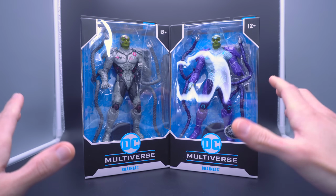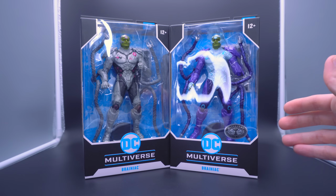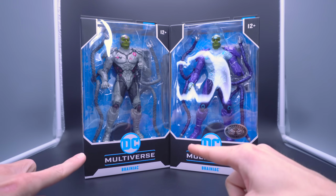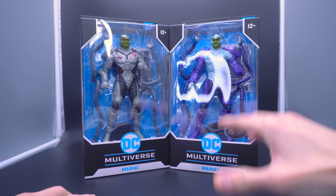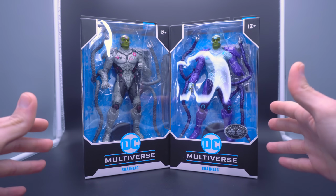And people who initially thought that it was ugly finally got it in hand and thought to themselves, you know what? This color is just so out there that it kind of just swung back around. The pendulum literally swung a full 360 back to getting some of those collectors to actually love it. And I feel like I'm in a similar camp with this really rather campy Injustice 2 Brainiac,